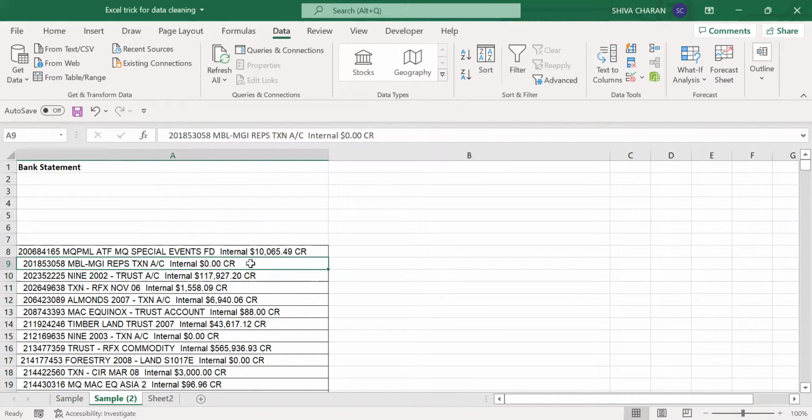If you keenly observe here, we have a space between the cell and the account number, right? There is a space between these values. But in the first row we don't have any space. But from the second row onwards we have spaces in the first column. So in order to remove the spaces